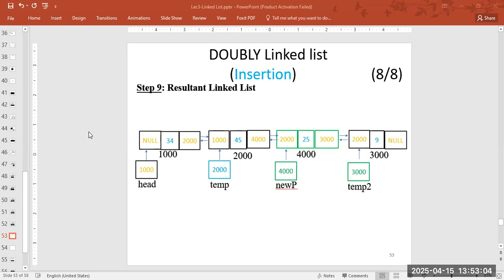The source likely provides a visual step-by-step to really illustrate how those connections are reestablished. Yeah, that detailed explanation really makes the insertion process in a doubly linked list much clearer, even with the pointer juggling involved. Now, the last type of